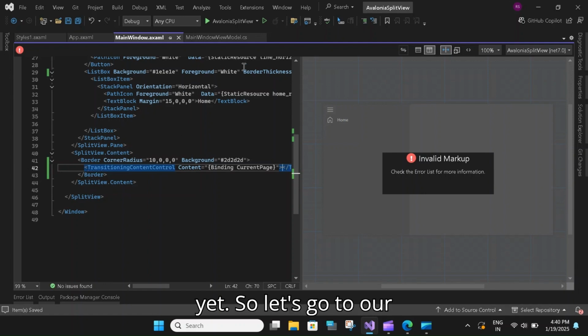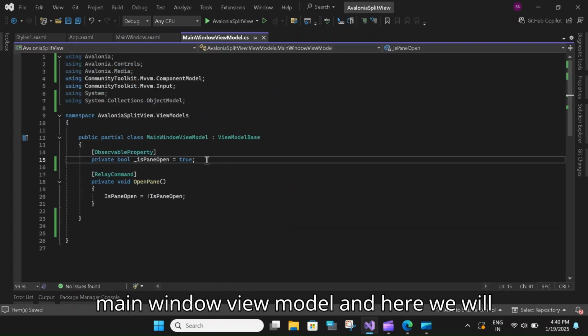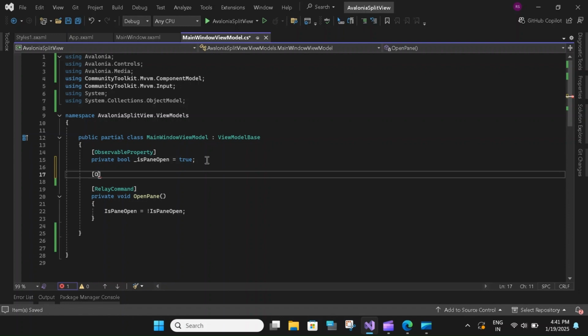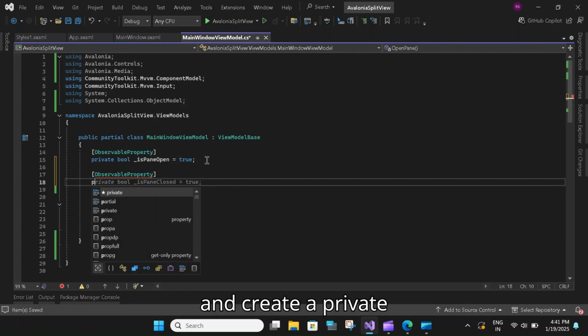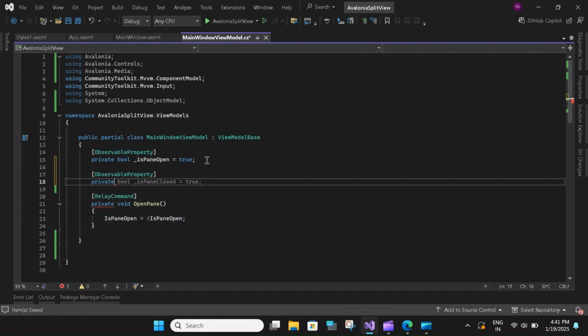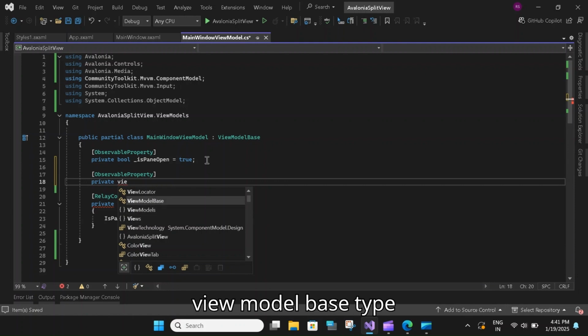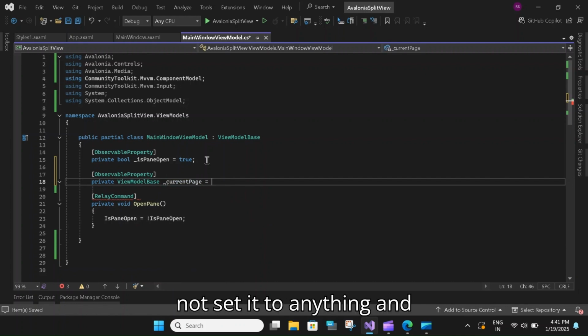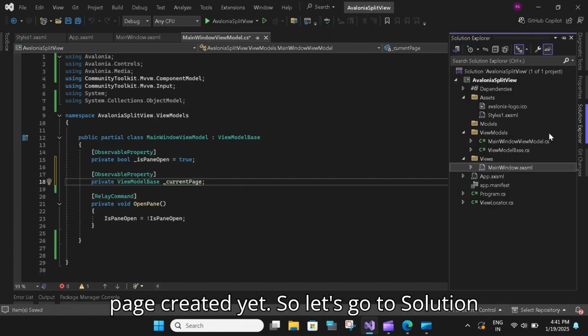So let's go to our main window view model, and here we will create an observable property, and create a private view model base type property called current page. For now we will not set it to anything, and the reason is that we do not have the page